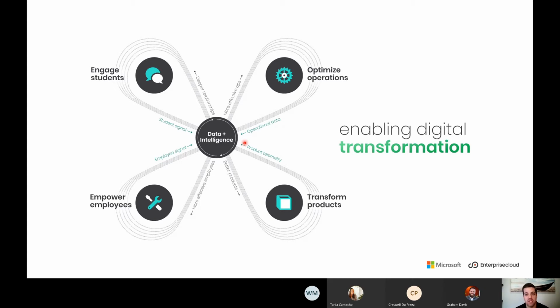But online now we've got this huge barrier because they're not here, they're not in front of me, I can't see them. And so we need to look at different signals, at different ways of engaging. And so as we augment our products and we say, look, our core learning product is now being provided over a brand new channel with all new kinds of nuances and new things, I need to know how students are engaging with that channel. I need to understand that. And so data sits right at the core, because if we understand that, if we can collect that, we can then start optimizing. We can further transform our products.